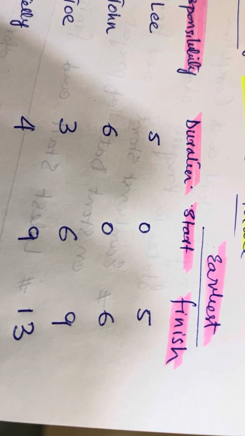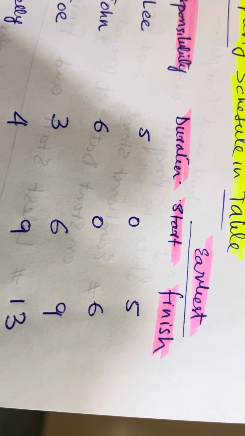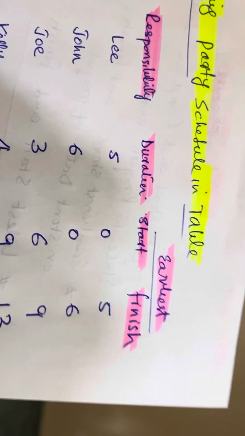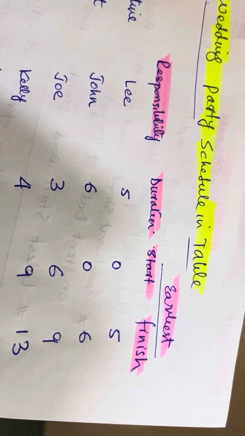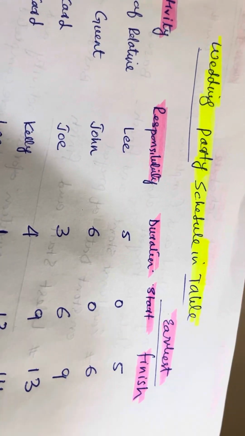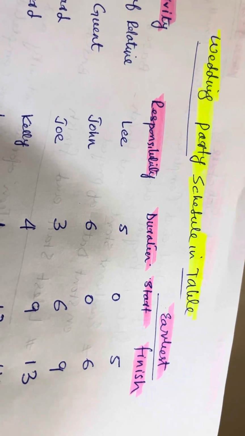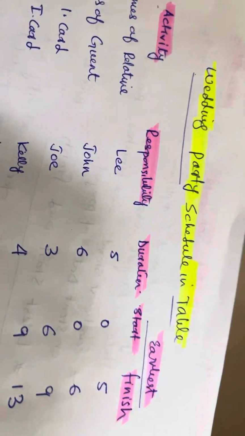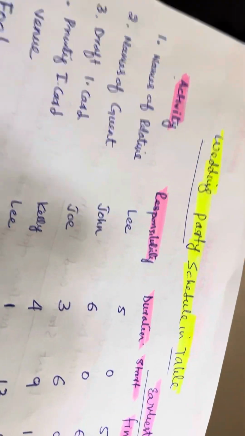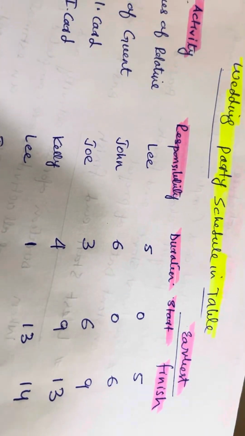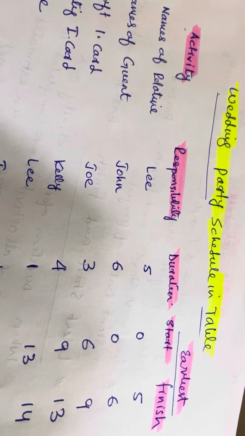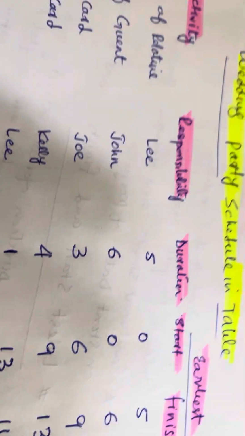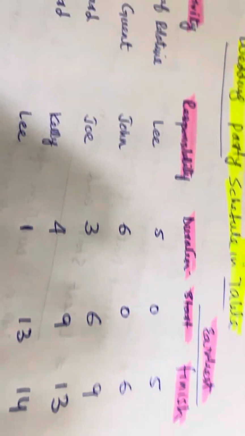The earliest start for this third activity will be the 6th day, not the 5, because both activities are concurrent, and if there are two or three concurrent activities, the latest finish time, which is 6, will be the earliest start of the draft of invitation card. So we'll start on day 6, and it has 3 days, so it will finish on day